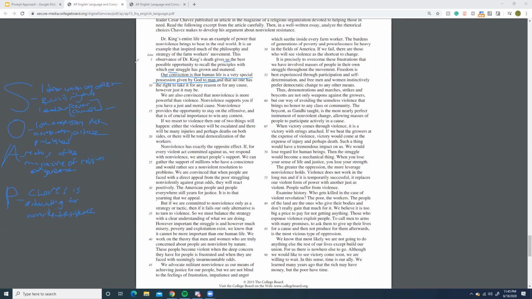Okay, so these are all examples of inclusive language. So yeah, I think we might be looking to use that if we would do a paragraph on